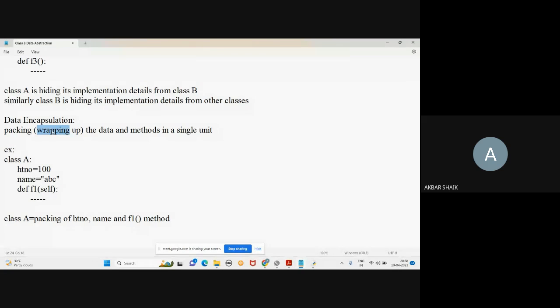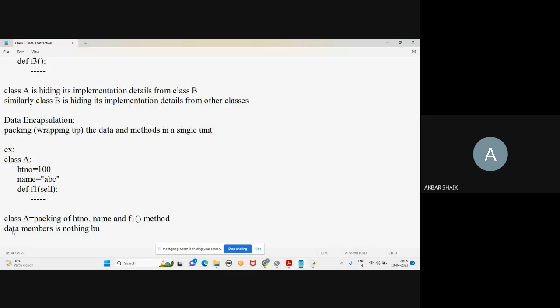This is the definition I gave for this class. Class A is the class name, and data and methods are there. So what is data in this example? Hall ticket number is one variable and name is another variable, right? These two I can combinedly call data members or data or variables. All are the same. Okay, don't confuse here. Data members is nothing but variables. Okay, now tell me,